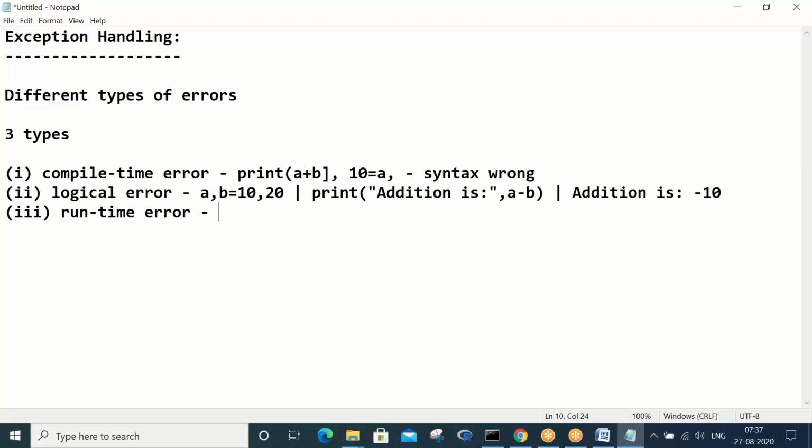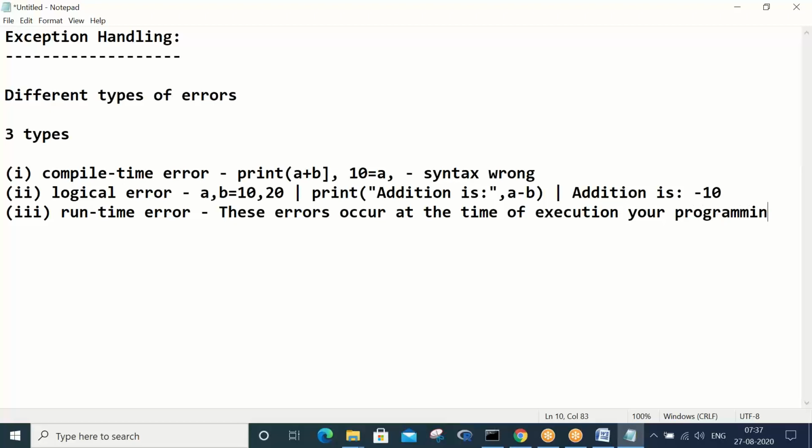Now let's try to understand runtime errors. These are errors that occur at the time of execution of your program. Let me give an example of this.